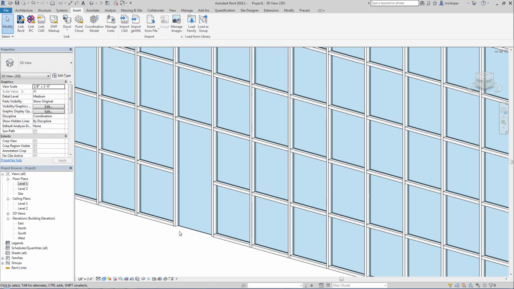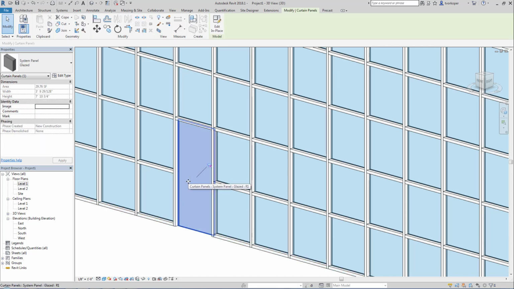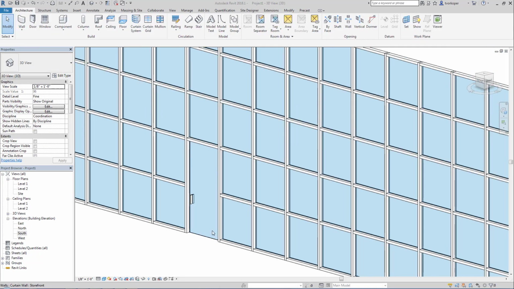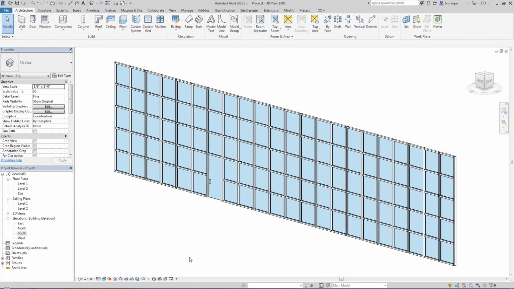I'm going to hit escape a couple times, go back to my panel, select my panel, and now at the drop-down menu, you can see that the door, curtain wall, single glass type has been added. The last thing for curtain walls that we'll take a look at is the justification of the spacing for the storefront